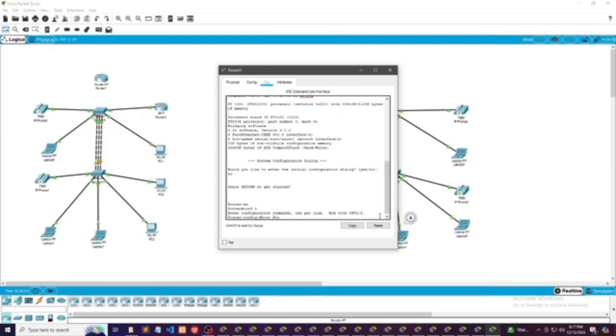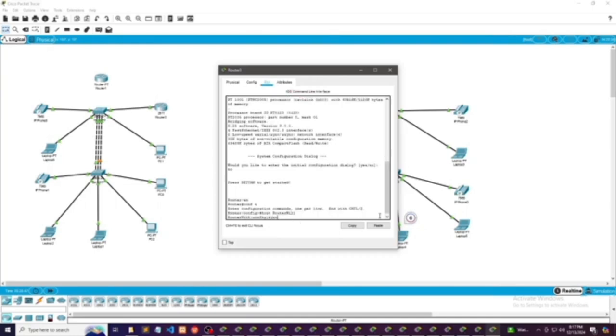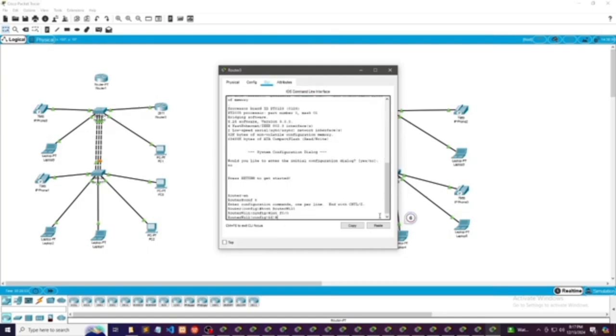Same with the net, we use 2.0 instead of 1.0. The default router is the same, we use 2.1 instead of 1.1.